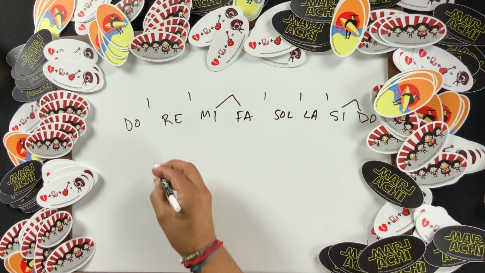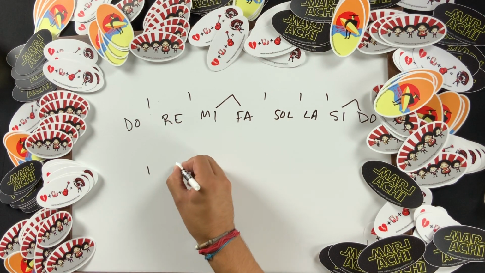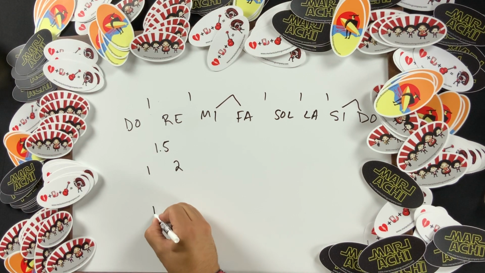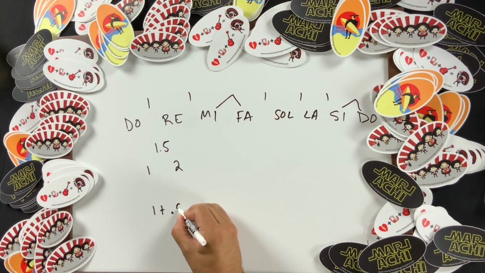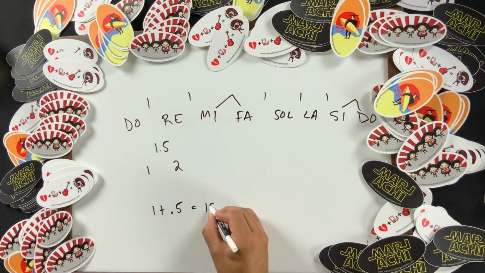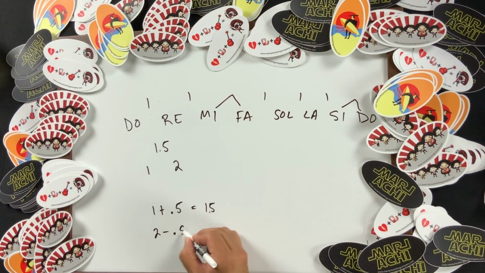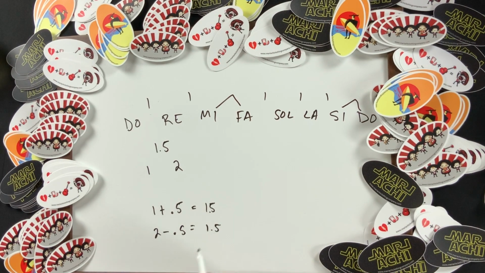I'm going to go back to the numbers real quick. If I have a number between 1 and 2, that number is 1.5. But there are two different ways to get to 1.5. One of them is I start at 1 and I add half of a value to 1, and that becomes 1 plus 0.5 equals 1.5. The other way is if I start at 2 and I lower the 2 by 0.5. That's 2 minus 0.5. It also equals 1.5.